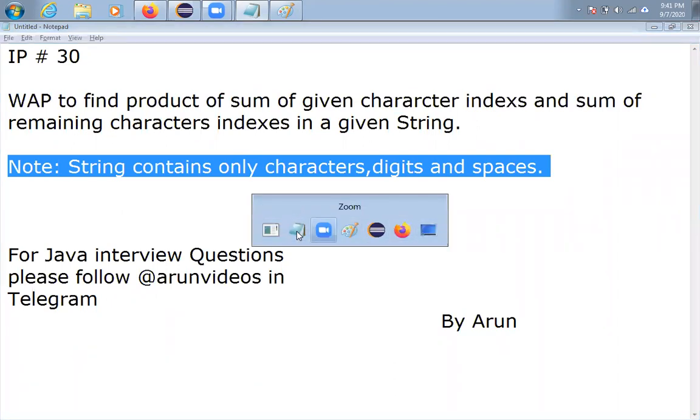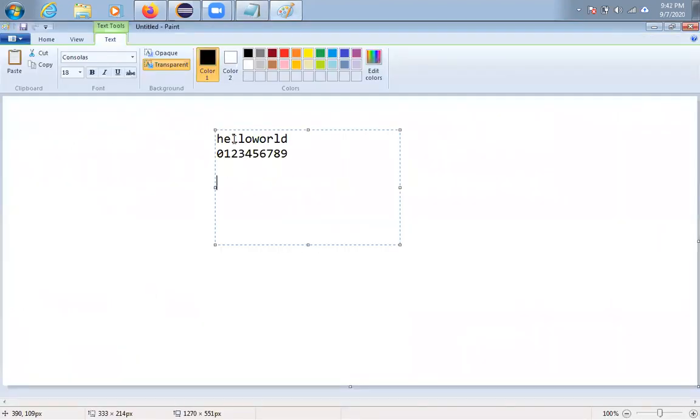If you see here, I have already taken one string. The string is "hello world". If you see 0, 1, 2, 3, these are the corresponding character indexes, friends. If they give you one character, one letter, say assume that it is L, what are the indexes of L? In how many places is it available? 2 comma 3 comma and 8, friends.